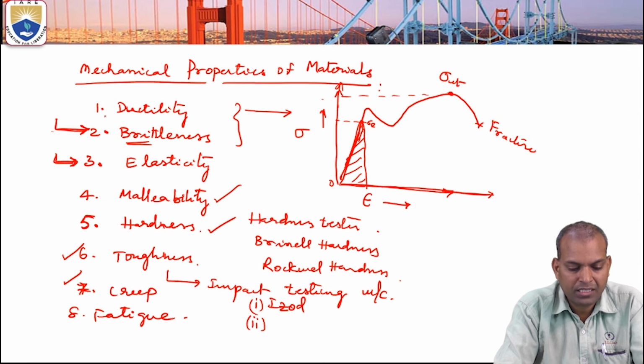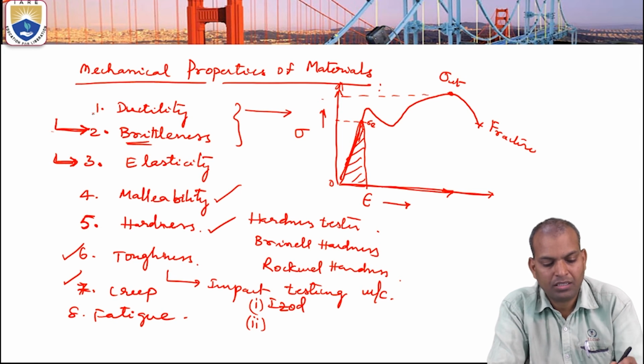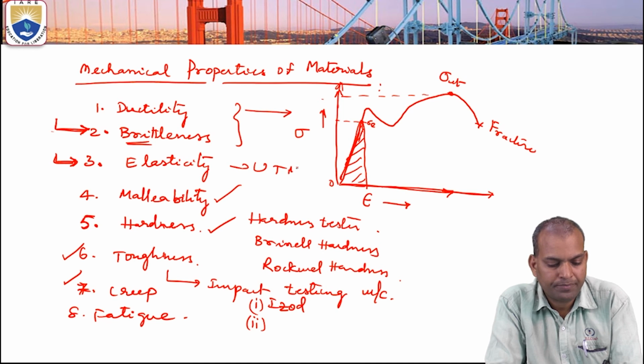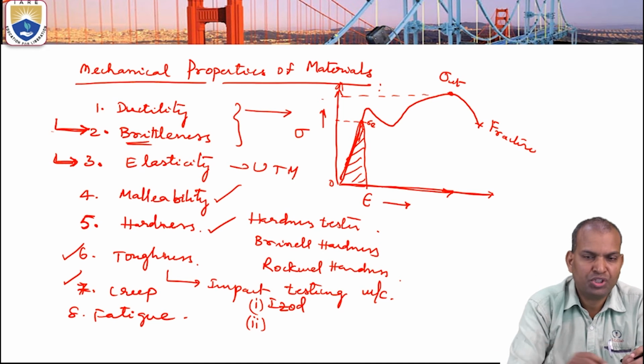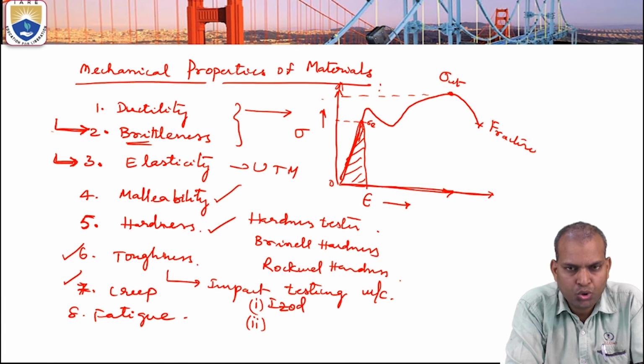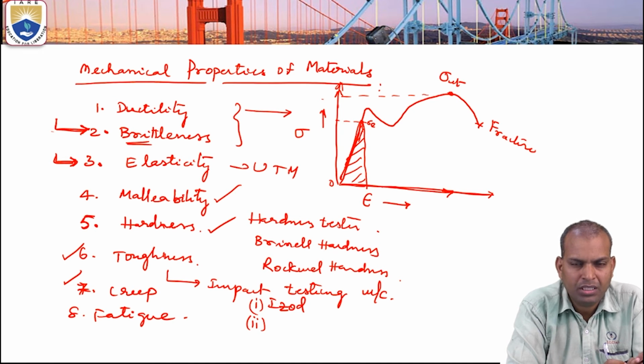What about ductility, brittleness and elasticity? These are all studied by using the UTM, Universal Testing Machine. In the Universal Testing Machine, the load is applied and the specimen is fixed at one end,